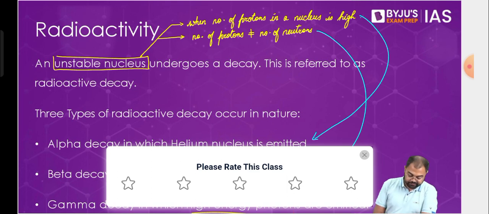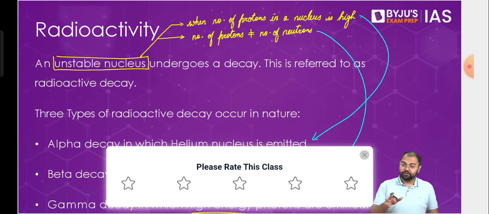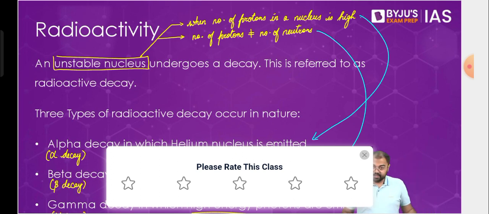So overall, alpha, beta, and gamma decay. Radioactivity is a natural process that will be seen in anything that is unstable, in either of these two types of instability. And gamma decay always runs along with alpha or beta decay. So generally speaking, gamma decay accompanies alpha and beta decay. This is a natural way in which whatever is unstable will keep on losing its mass through radioactivity.